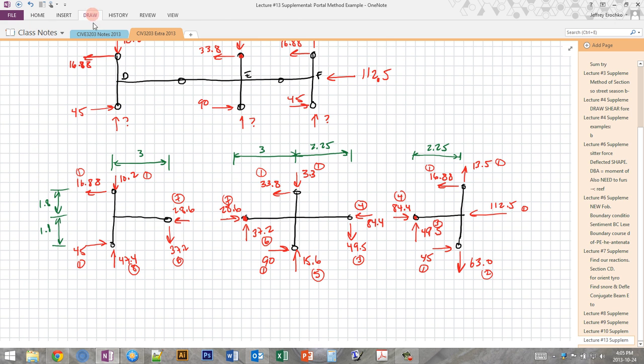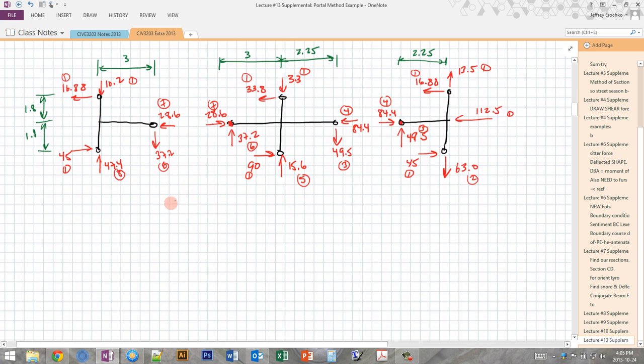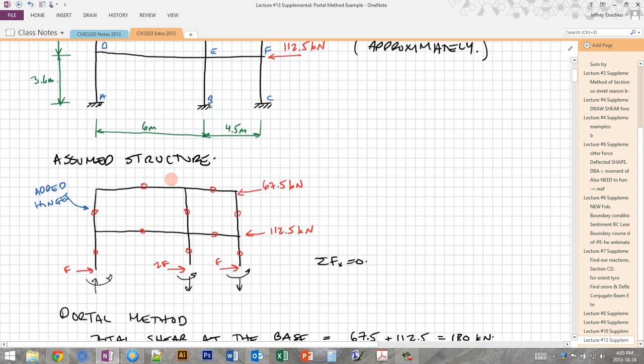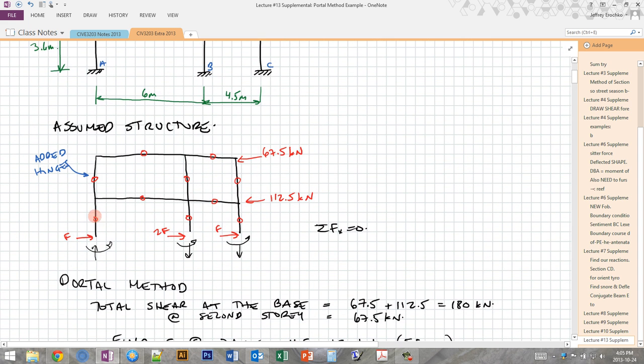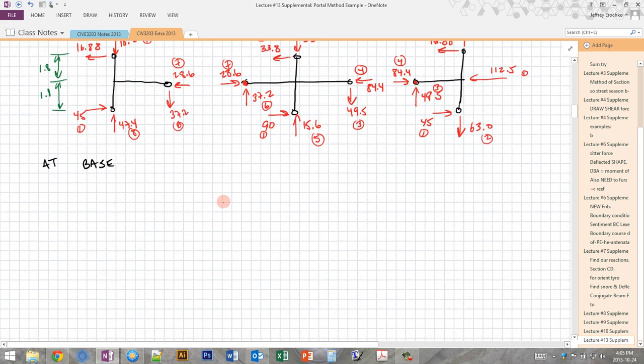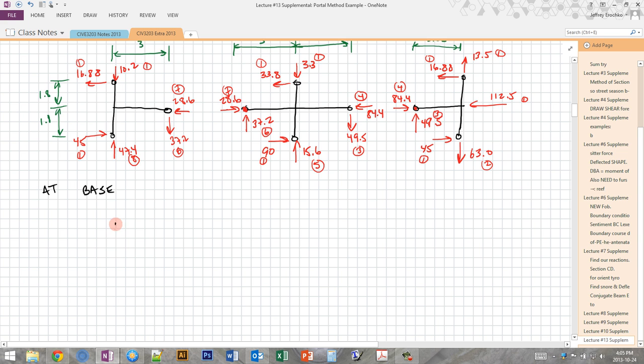So the last step here is to look at the base, which is below the location of the hinges in the first story. If we go all the way back up, we see we have a hinge here, and there's a little bit that's below that hinge. So I'm just going to draw it for the sake of completeness, and it'll help us when we're calculating our moments. So we have 3 columns that look like this,